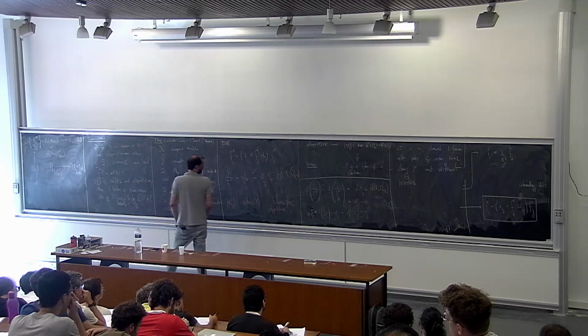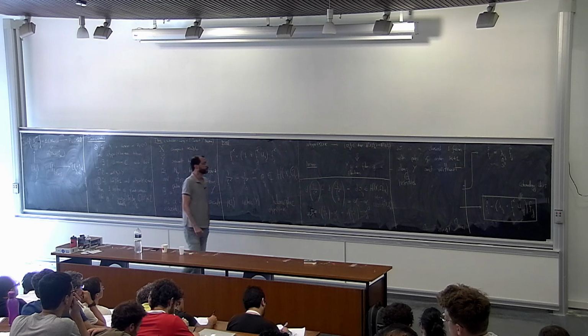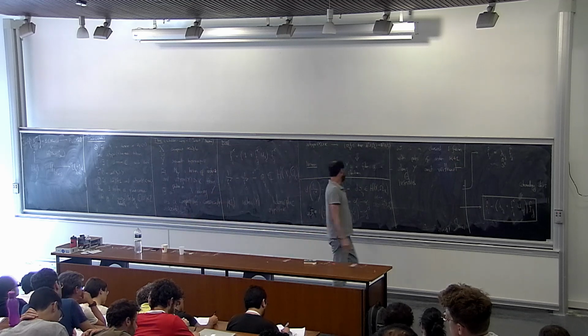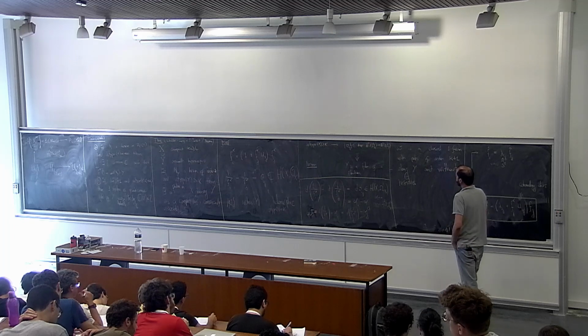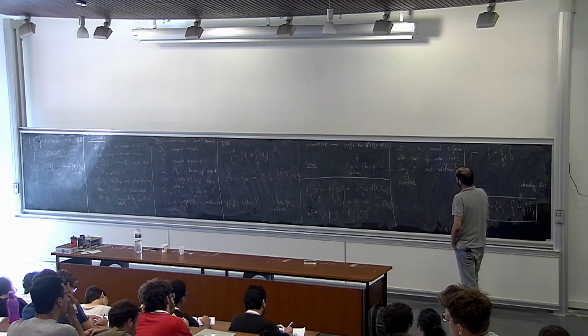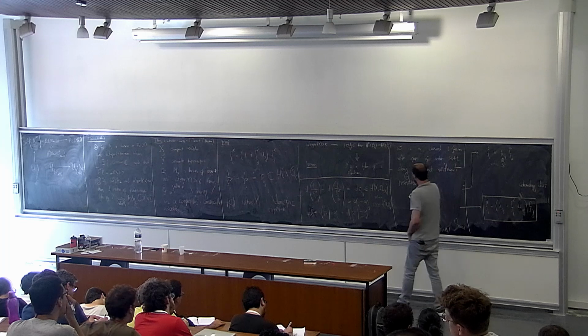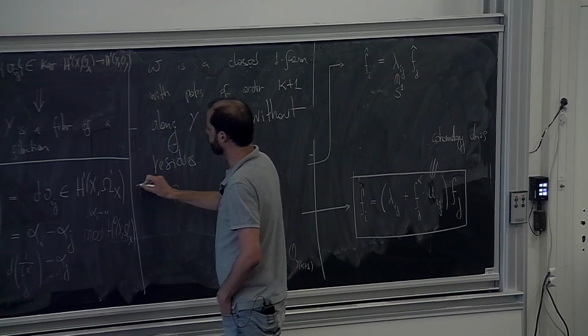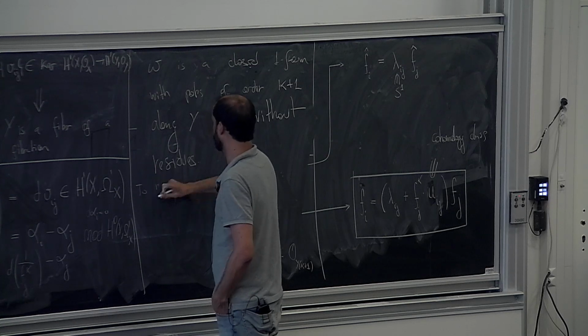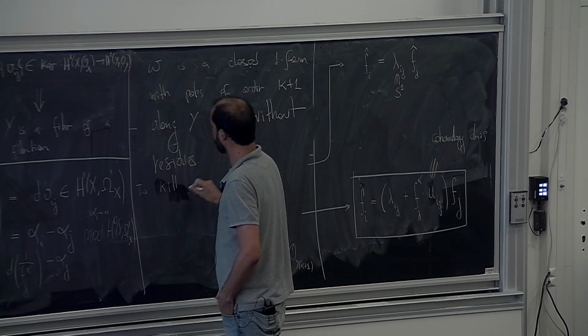And in order to have something which is more canonical, you can do the following. You can assume that the periods, to normalize, to kill the ambiguity,